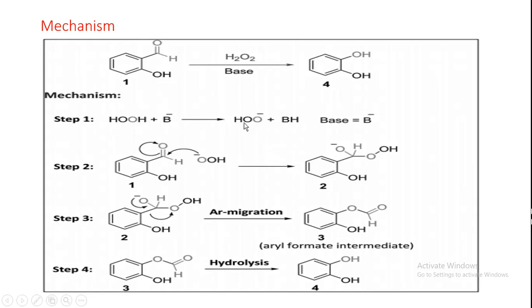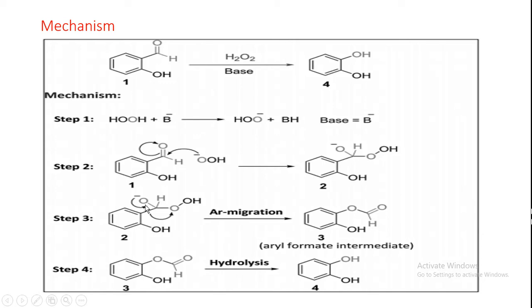So here the OOH peroxide anion is generated, then that one will attack this carbonyl carbon. As it has an extra electron, and this carbonyl carbon we know is always electron deficient because of the presence of the electronegative oxygen, it will take up the oxygen and this will become electron deficient, so this will attack. So ultimately this bond forms, O, then this H, then OOH.